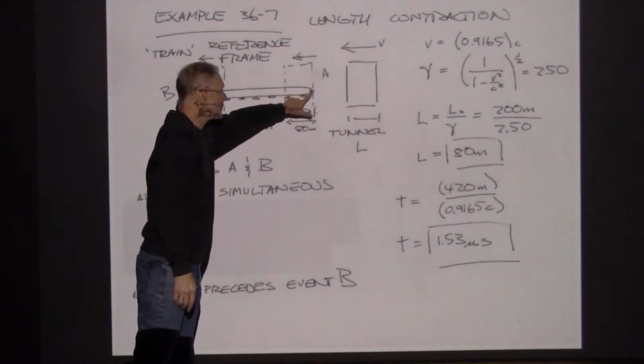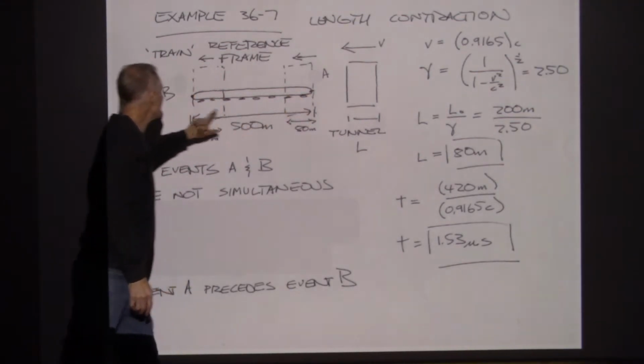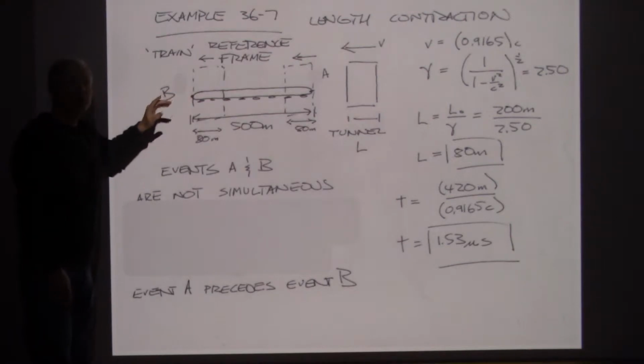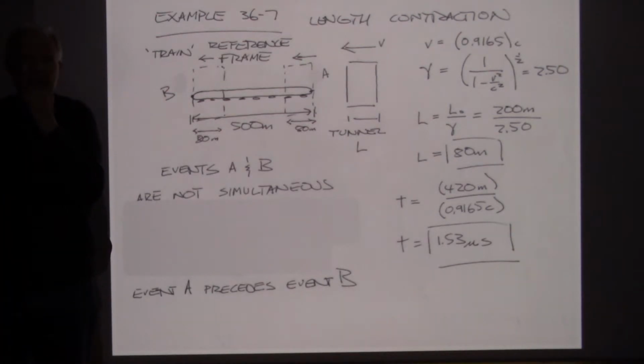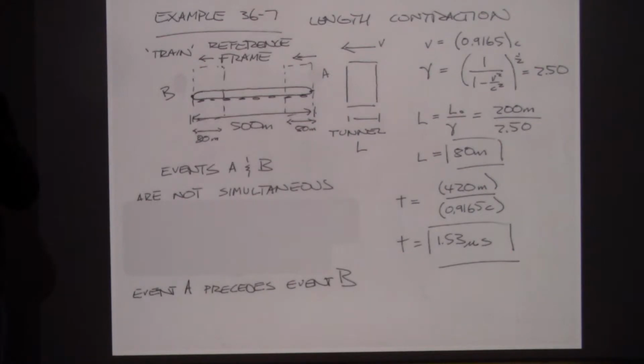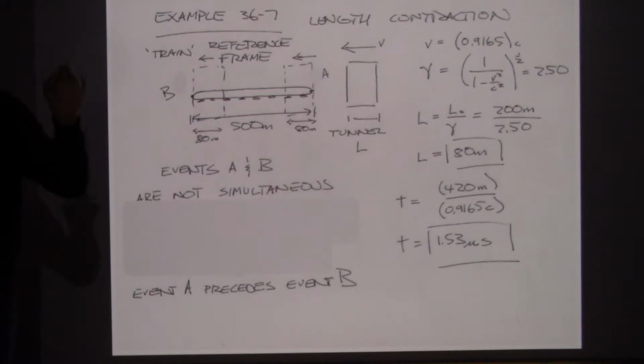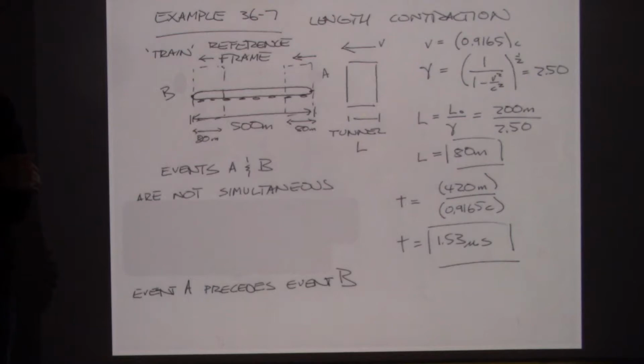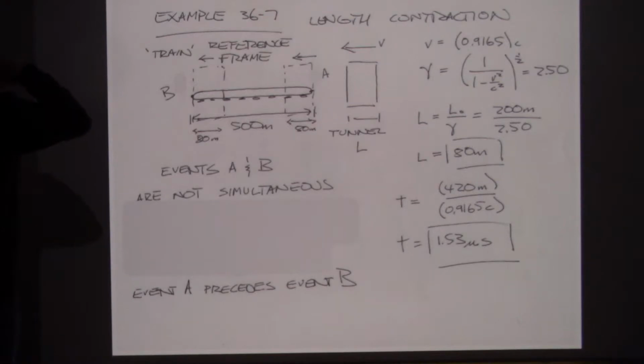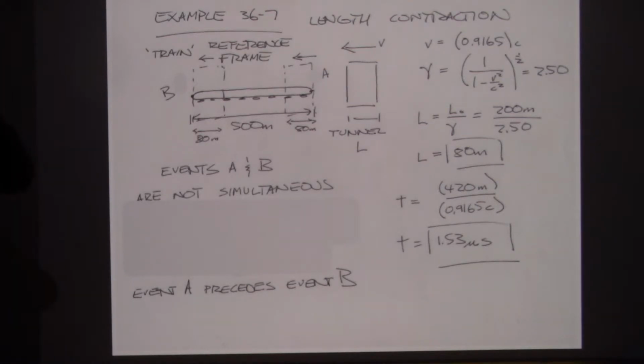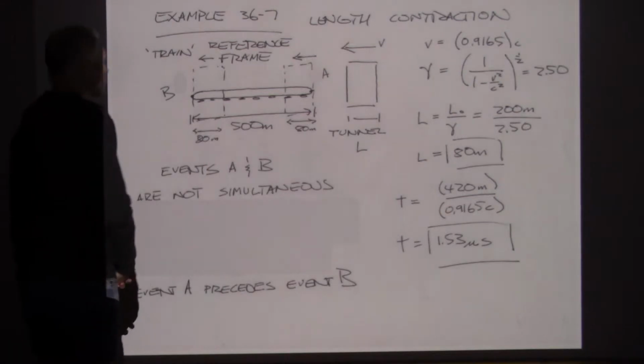So clearly event A happens before event B. They're not simultaneous. Is that a problem? And it turns out it's not. In special relativity, two events that are simultaneous in one reference frame in general will not be simultaneous in other reference frames. So simultaneity is not something that generalizes to different reference frames, and it turns out that there's no problem,